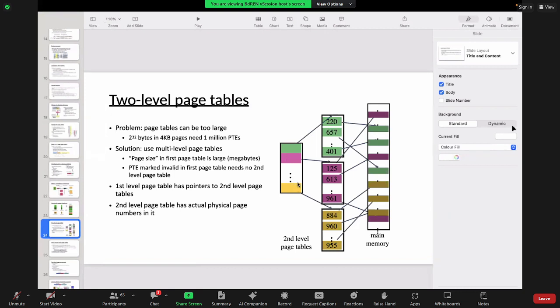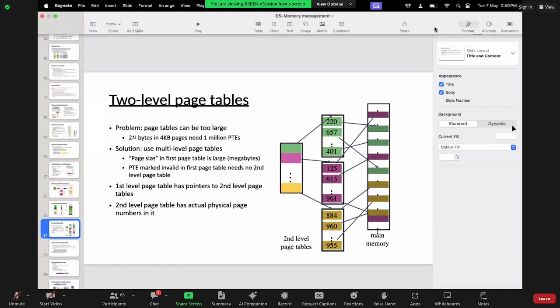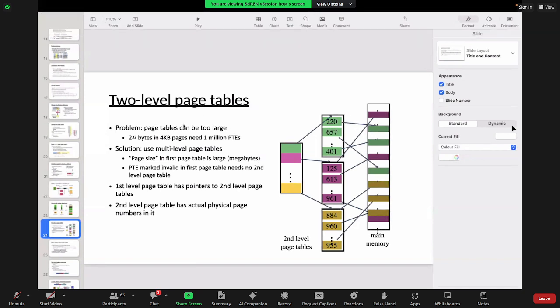If you have multiple page tables, the same thing goes here also. It will look something like a tree: one big node, then a subnode, then one more subnode. That is the multi-level page table I am speaking of. Then in the final end, we have the physical memory as the final child. You guys understood these two-level page tables? Yes, sir.